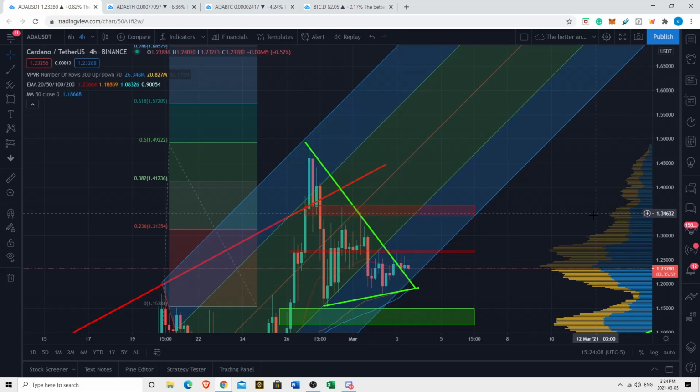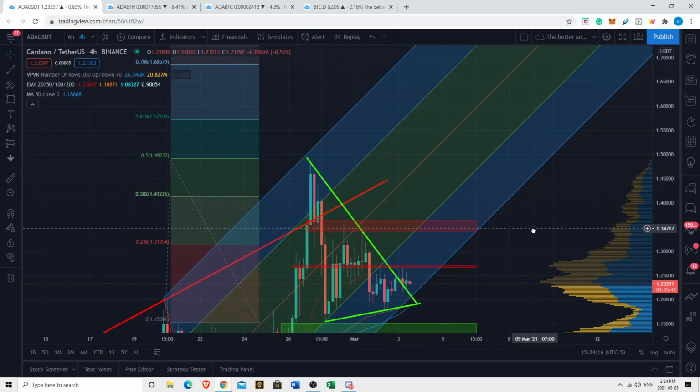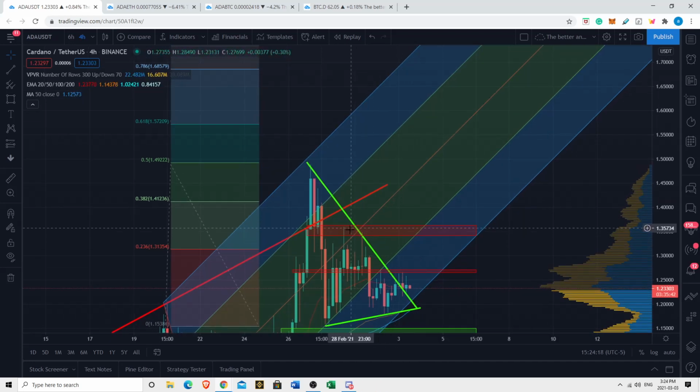We can see there's a spike in volume building up in these regions here. And again, we got wicked off these regions, very price reactive zone. So I think $1.35 around that zone here is going to be the next major resistance level. If we can get above and hold it above this key level here, I think that next impulse takes us